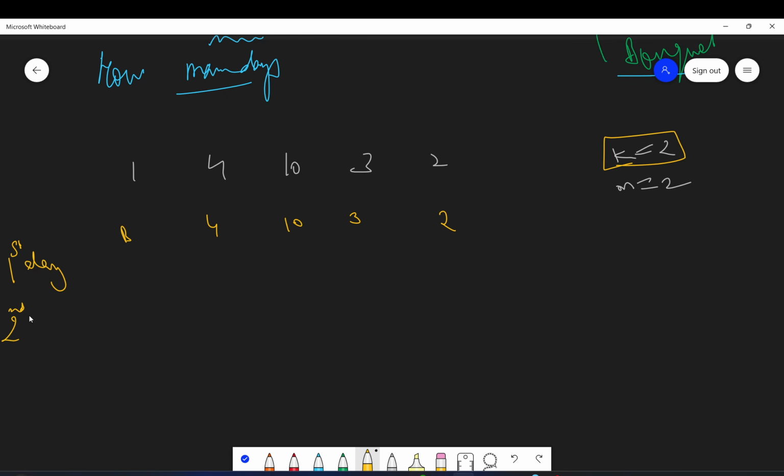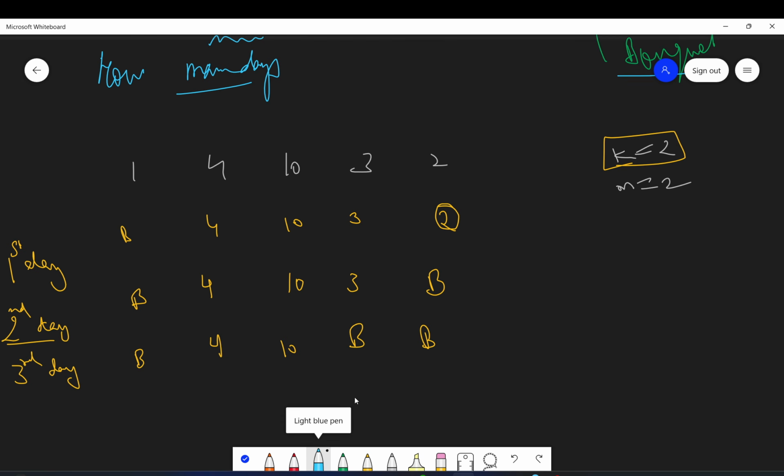Then on the second day, this is already bloomed. 4 will remain, this flower will remain as such, and this will remain as such. But on the second day, this flower will bloom. Then we have the third day. On the third day, this is bloomed. This will not bloom, this will not bloom, but this will bloom because it blooms on the third day. And this is already bloomed.